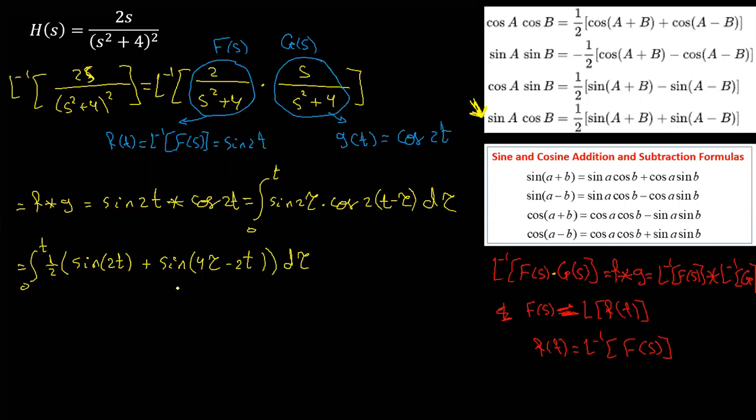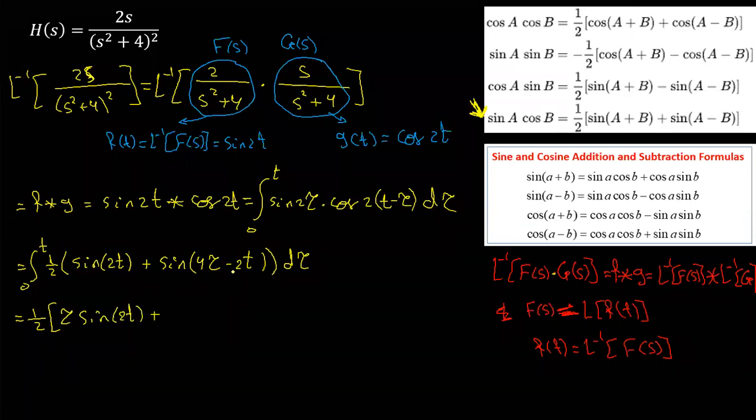Now I need some help to integrate these functions. The half is a constant. What about the integral of sine 2t with respect to tau? Do you remember how to integrate the sine? Integral of sine 2t, please, with respect to tau. Sine 2t is a constant with respect to tau, so I can deal with it as a number 5. Integral of 5 is 5 tau. So the integral is tau sine 2t